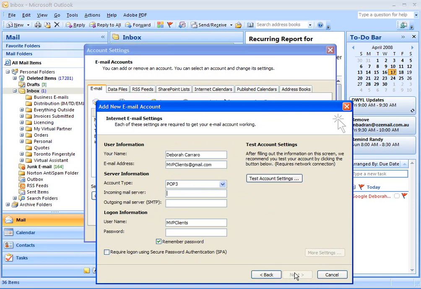Okay, so we've reached the incoming mail server setting. The incoming mail server will be set to pop.gmail.com. And the outgoing mail server will be set to smtp.gmail.com. My username is my full Gmail address, and my password is the same as my Gmail password. Then we're going to click More Settings